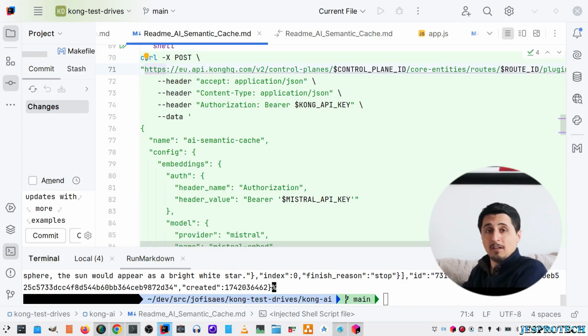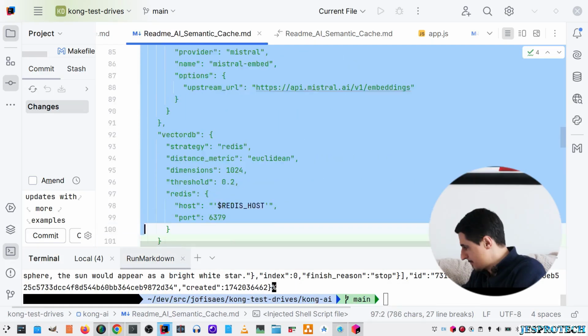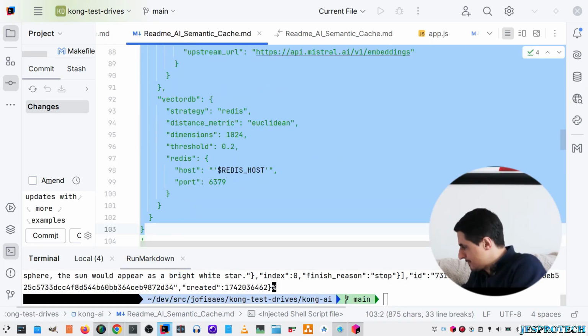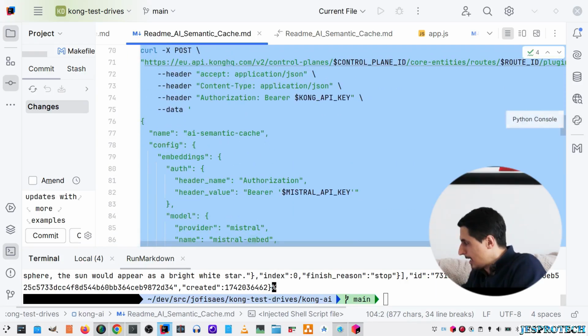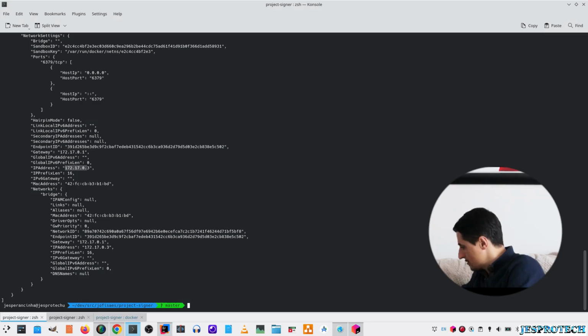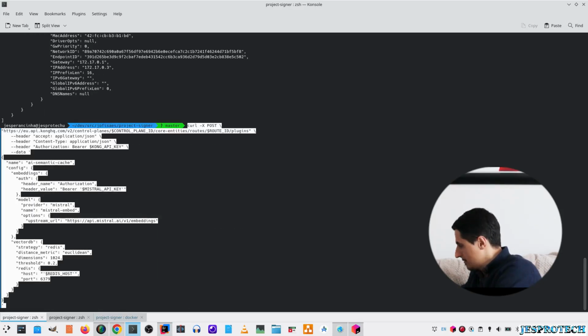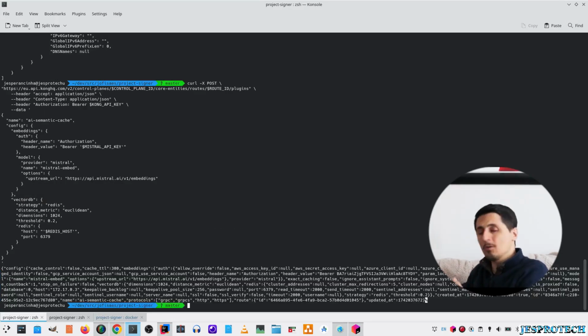So for example, if you are in the US, use US. If you are in the other regions, use the appropriate region for that. So here, if I just run curl and all of this, what I will now achieve is the creation of the AI Semantic Cache plugin in our gateway, specifically in our route. If I copy this and go here to the command line and paste this here, it has now created the